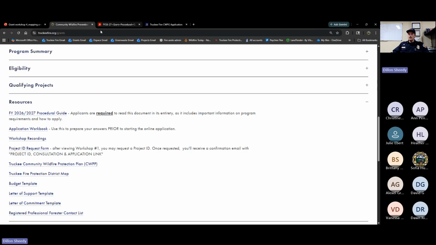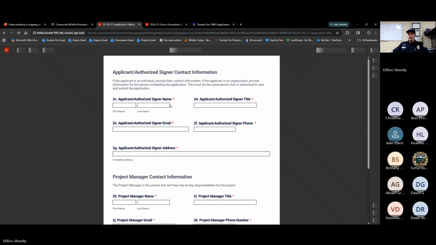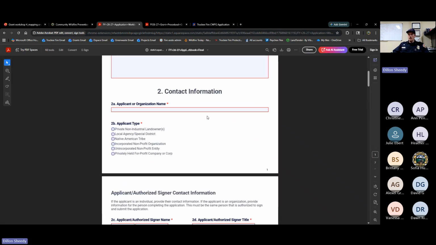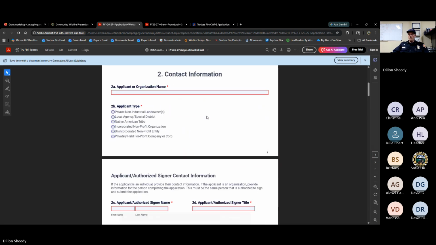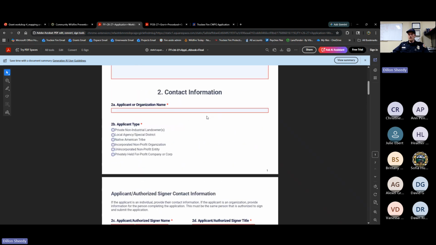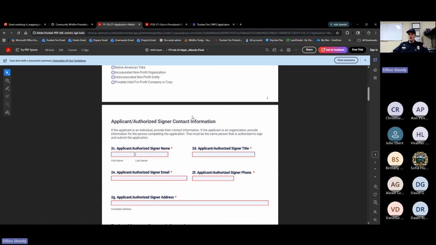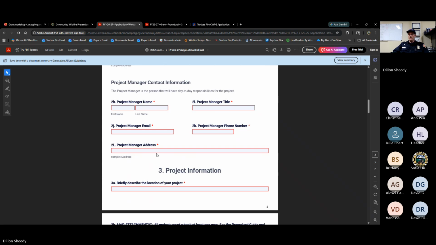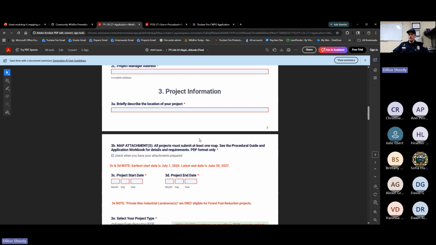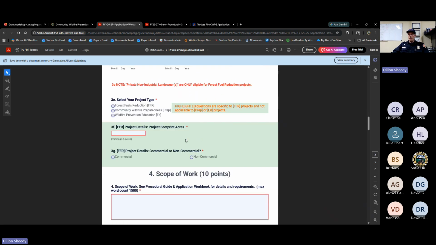Let's look at the workbook. Here it is under the resources tab. This is something that you can save offline and work on. And we'll talk about this real quick. You want to work through this, draft your answers, and have them ready to copy and paste into the application. If you are not proposing a forest fuels reduction project, so if you're selecting a community wildfire preparedness